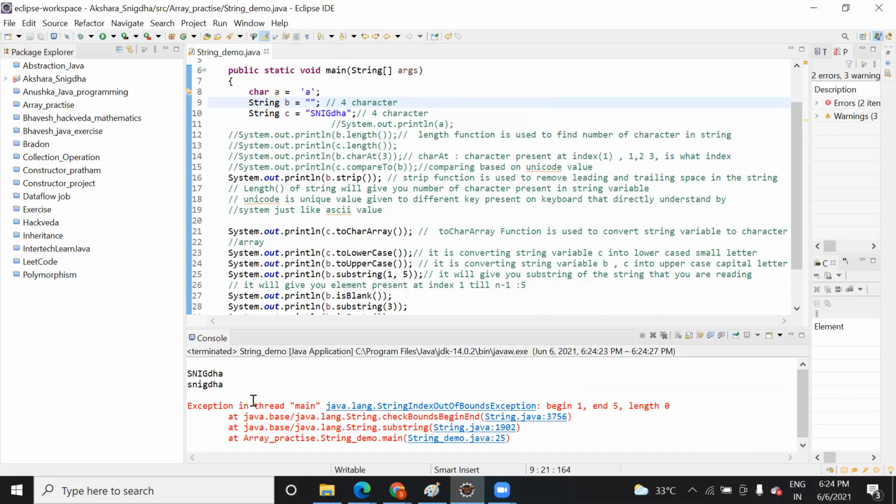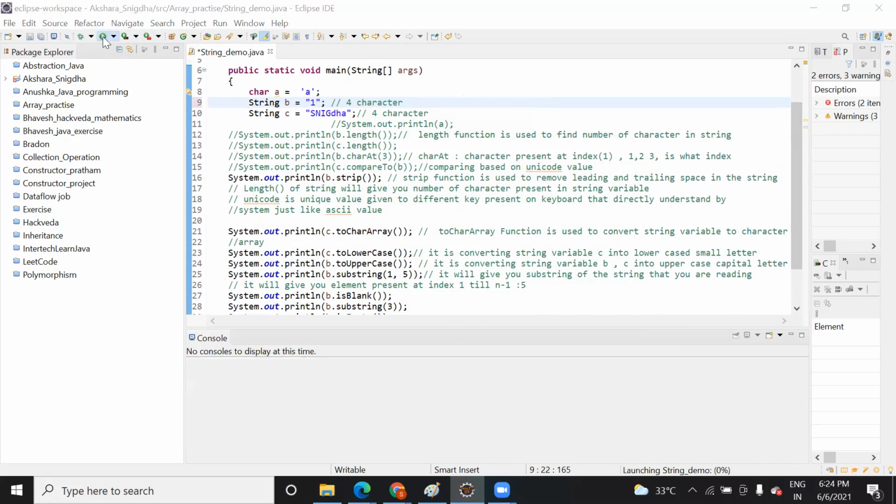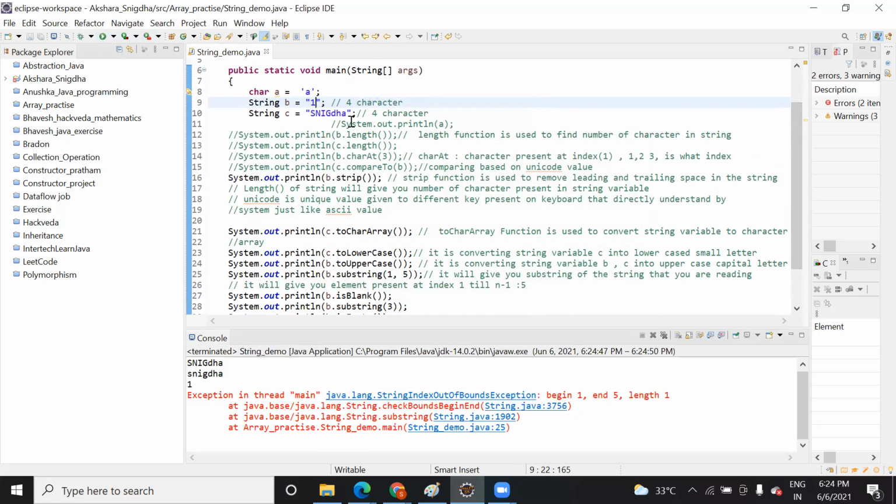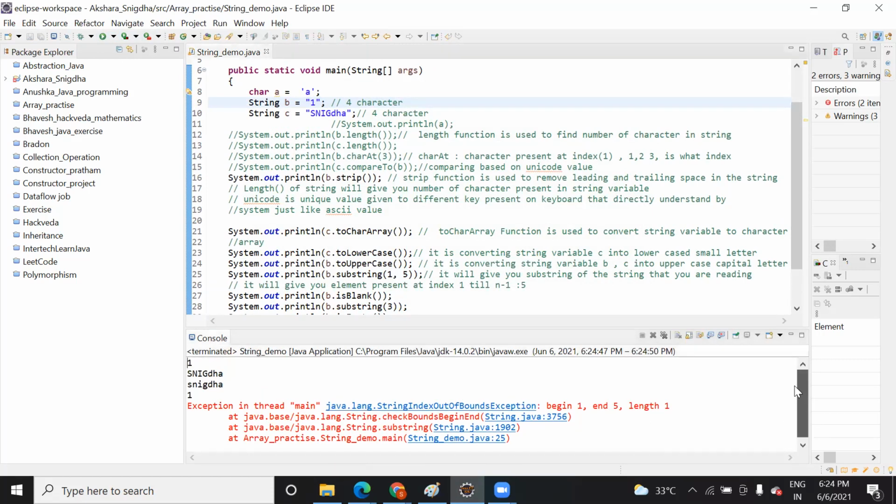Okay, sorry, an exception. Let me run this once again. Actually, that was an error because I removed the element. Okay, just give me a minute.